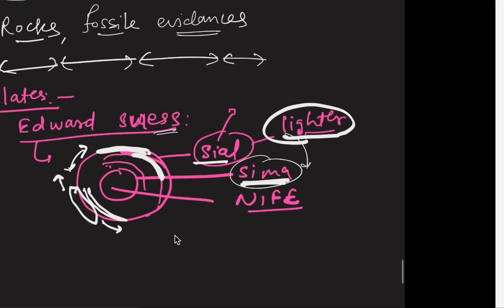Okay. That means what? Sialic continents are floating like a wood block. Sial is like a wood block. If you put the wood block over the water, it will float. Similarly, the Sial is floating over the Sima. Okay. Now,